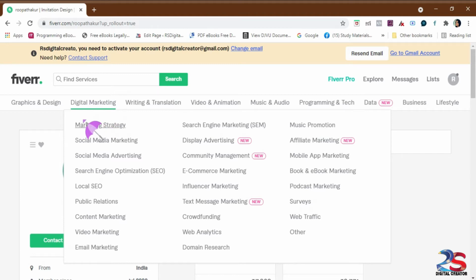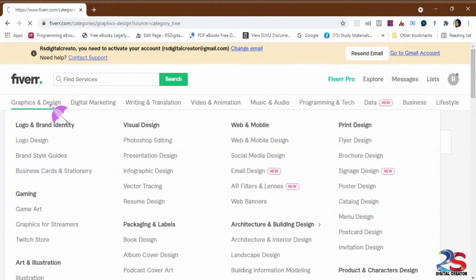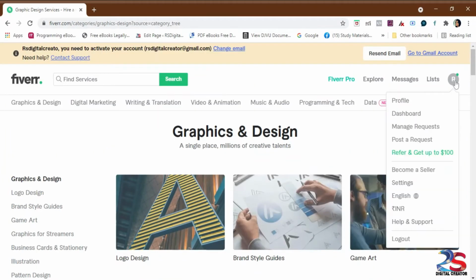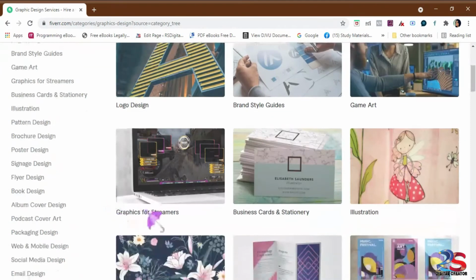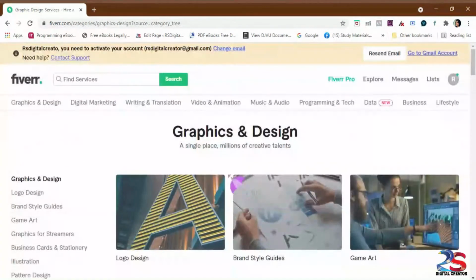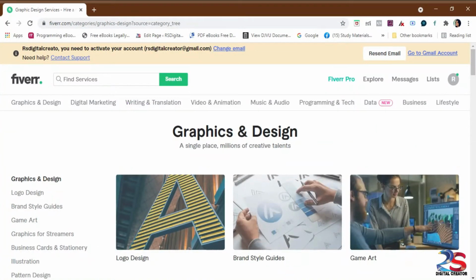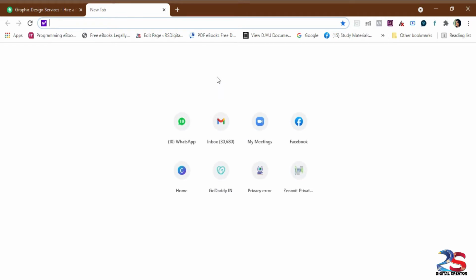So just open your email and check your confirmation link, which you can click on and activate your account. So this is the Fiverr website where you can see your profile and all settings, and you can see all the gigs that are up on Fiverr. So you can check other gigs also. You can create your own gig. Gig means nothing but your ad, showing your ad on Fiverr. So how will you give your ad, meaning how will you present yourself to the online viewers on Fiverr.